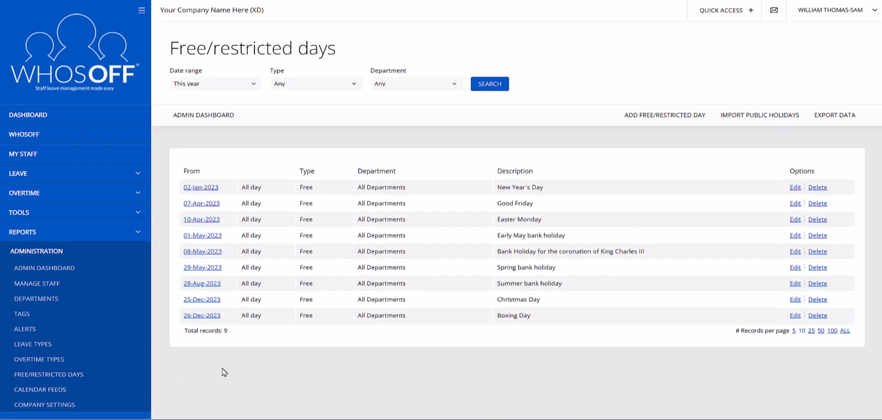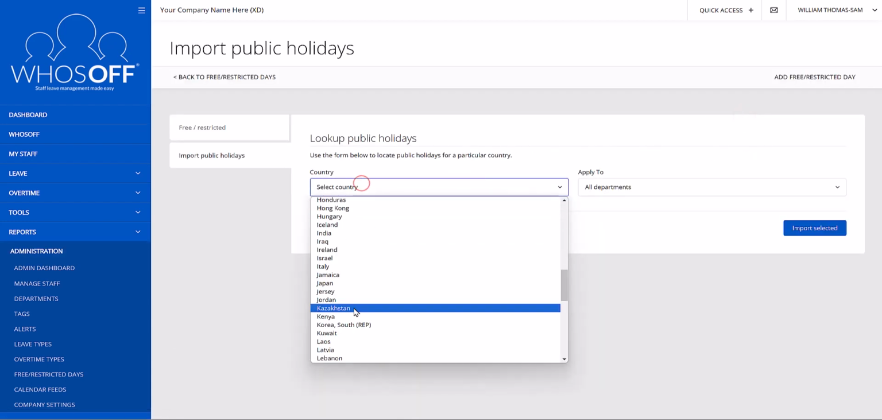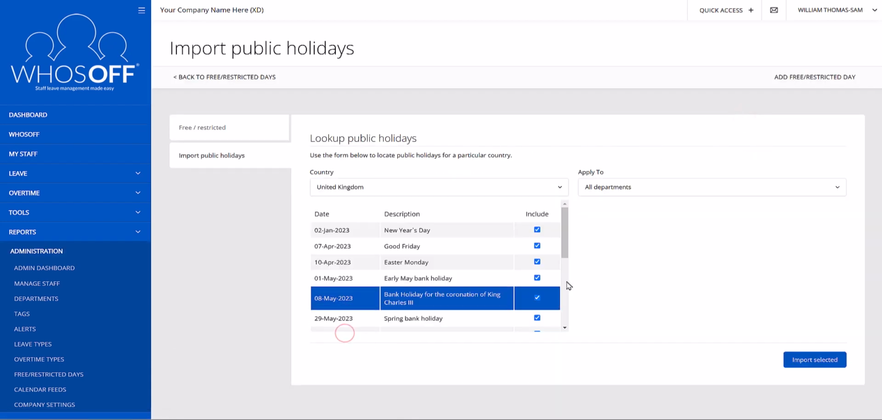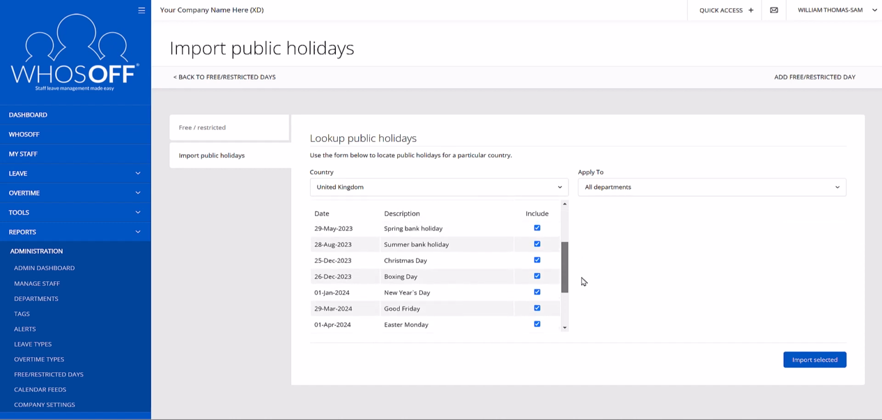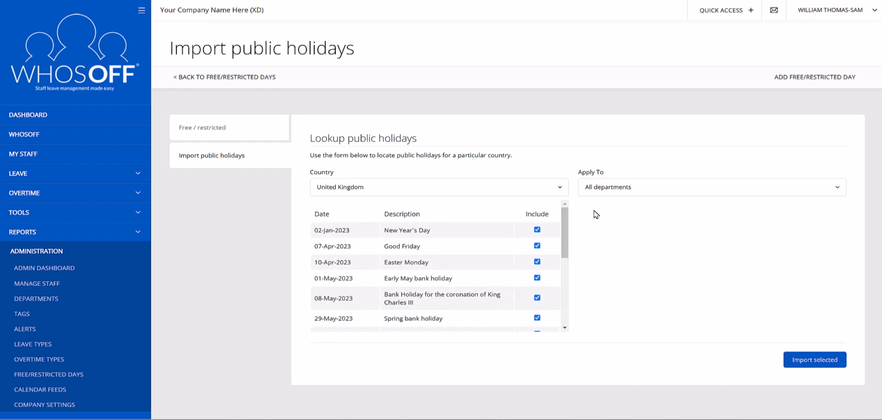These are easy to import, so if you need the public holidays for a particular country, you can select this button at the top right, select the relevant country, and you'll be presented with a list of upcoming dates. You can of course choose which ones to include or exclude, and you can even apply these